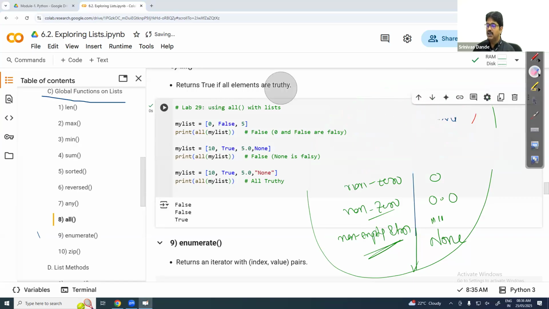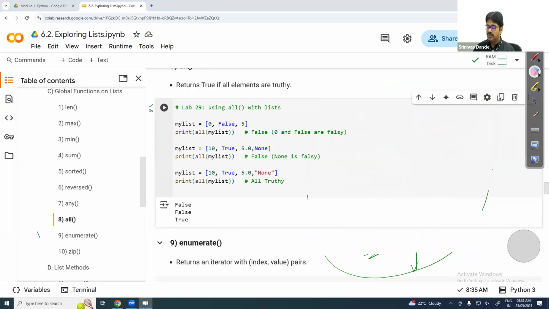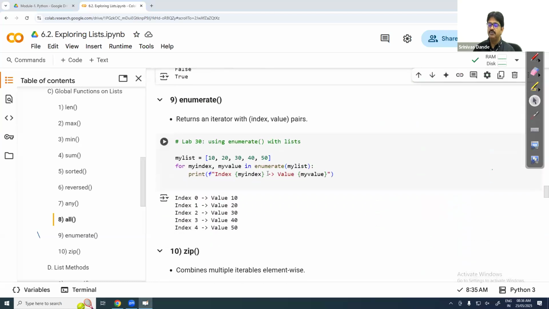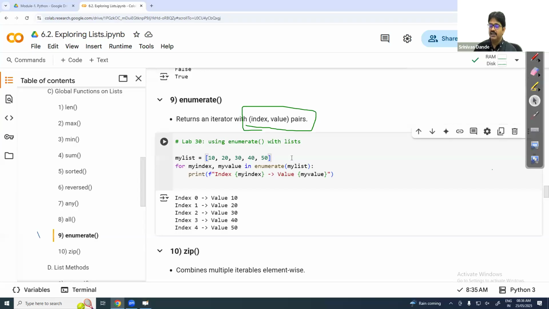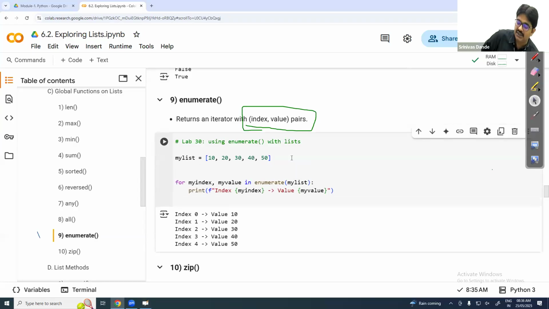Okay. Next, enumerate. Useful sometimes. Enumerate returns an iterator with index and value as a pair. So sometimes you want indexing. For example, I want only values, guys. I just want to print the values of a list. How to print the values of a list? I can use my